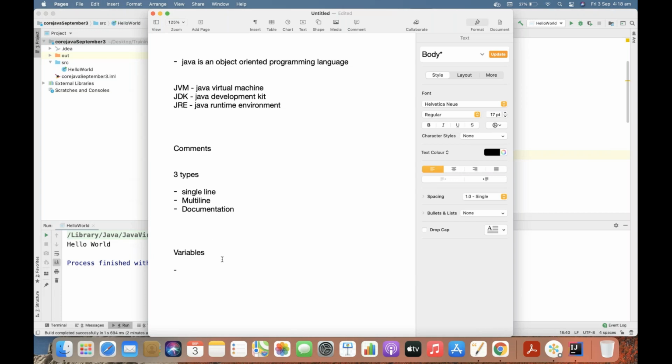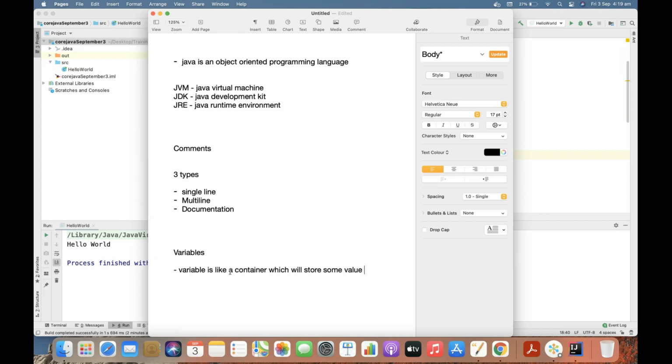Maybe I want to store some values to do some calculations or anything. So how can I store values in Java? Variables are used to store values in Java. So I can call it a variable, like a container which will store some value.